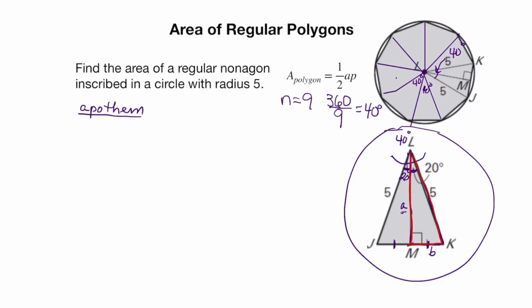That's the apothem. I have a right triangle. I'm using 20 as my reference angle over here. A would be an adjacent side, B is the opposite side, and 5 is the hypotenuse. So if I'm using trigonometry, that will help me find A. Because I want the adjacent, and I know the hypotenuse, I'm going to use cosine, because cosine is adjacent over hypotenuse,